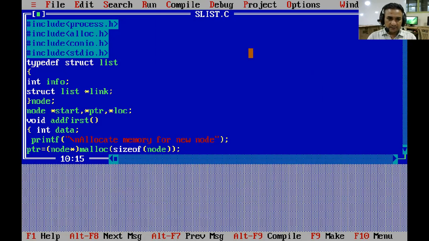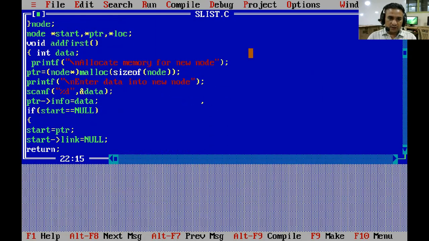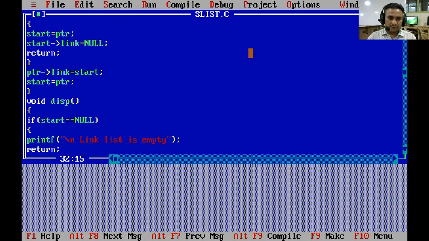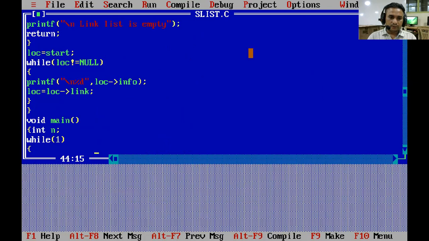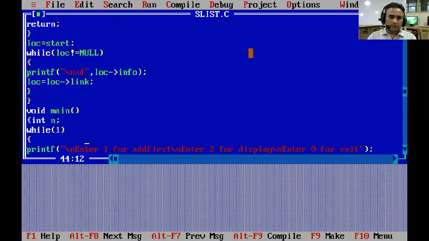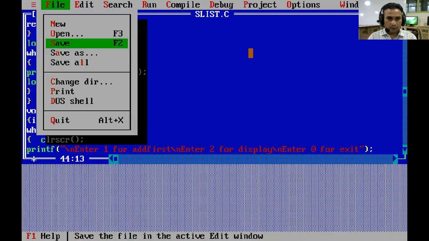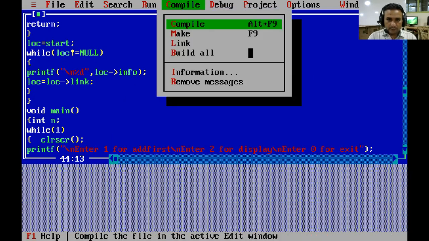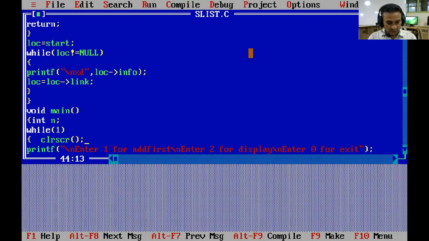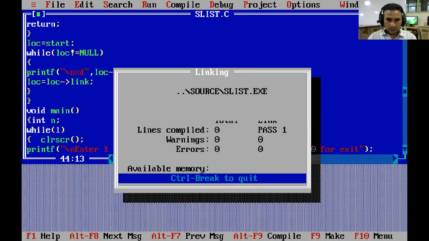Before compilation, I will use the clear screen function, clrscr. So again we save our program and compile again. It compiled successfully, and then we run our program.